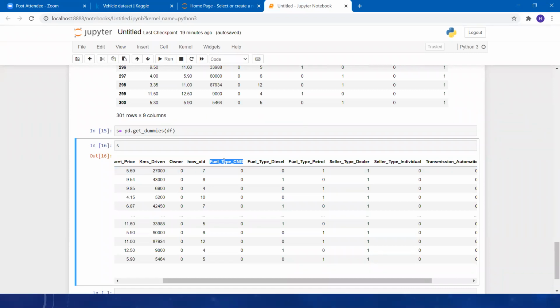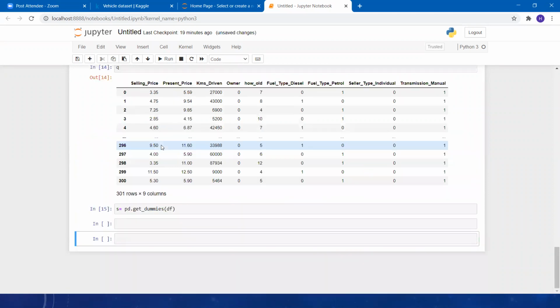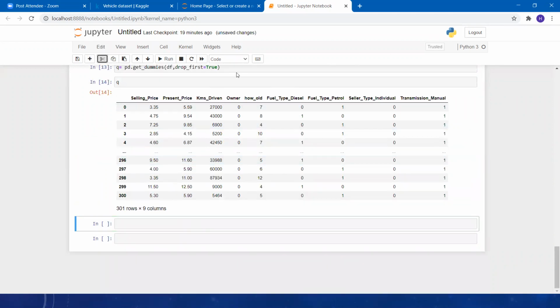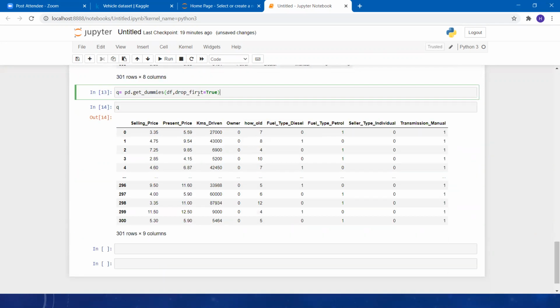So we are going to remove this type of columns, CNG and automatic, because of that we have put drop_first equal to true. So I think we can remove it now. I hope you are able to understand why we have used drop_first equal to true. Yes or no?